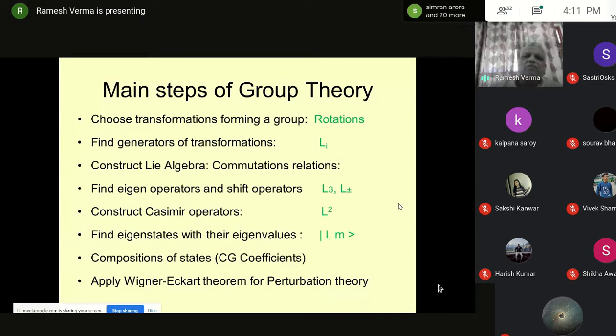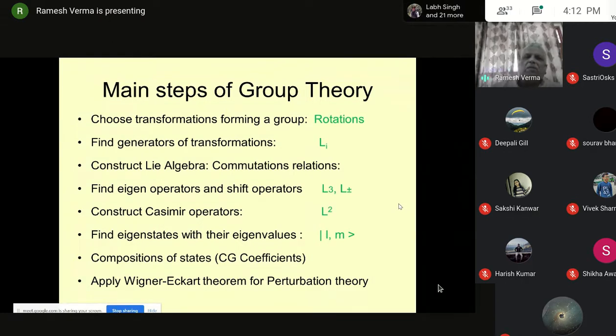The other two we have seen form raising and lowering or shift operators. So L3 is used as an eigenoperator. Then we also find that a sum of their squares, Lx square plus Ly square plus Lz square, is a new class of operator, which in group theoretical language we call Casimir operator. The beauty of this Casimir operator is that it commutes with all the operators which we have started with. So that is the point, that we can use these two, L3 and L square, as eigenoperators,